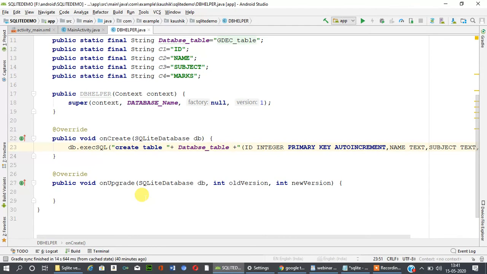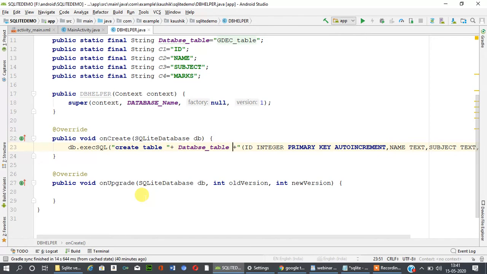When you are working with a database, there are four steps. The first one is the connection, the second is creating the database, the third is creating the table, and the fourth is performing the query.